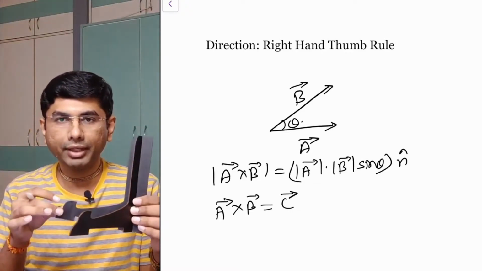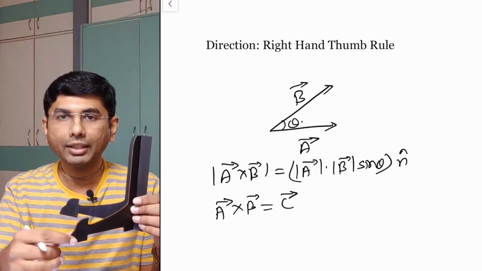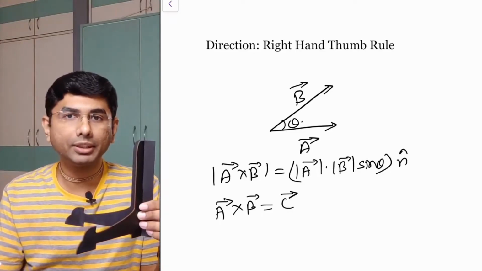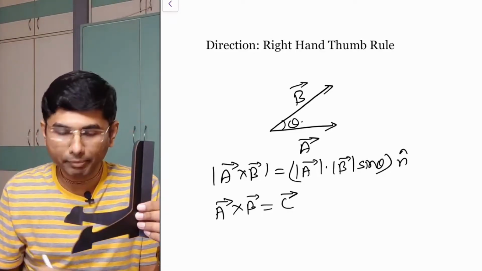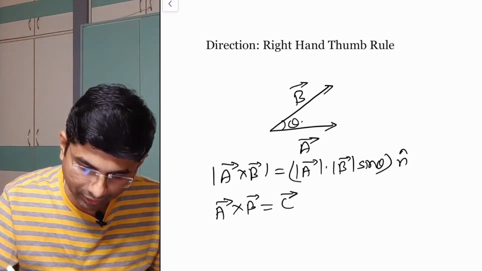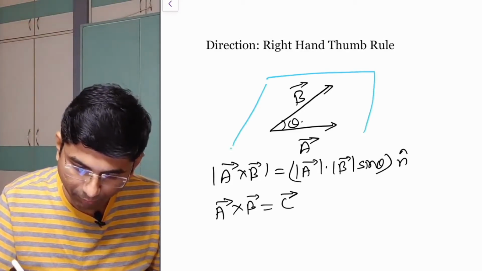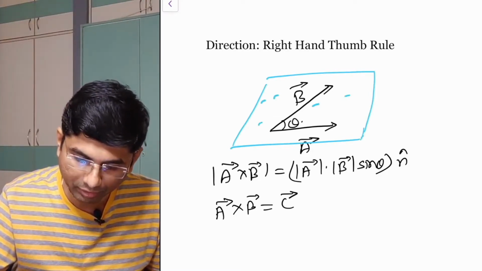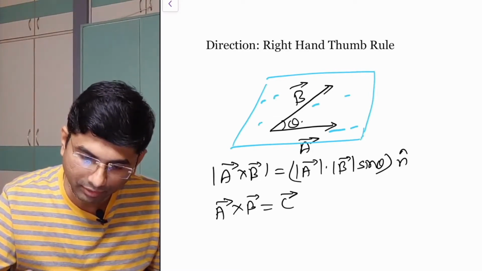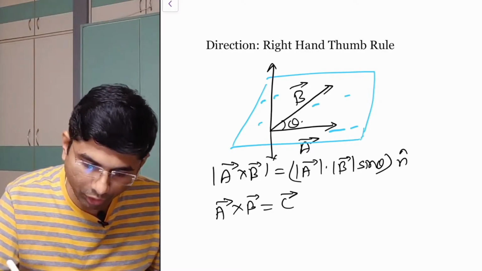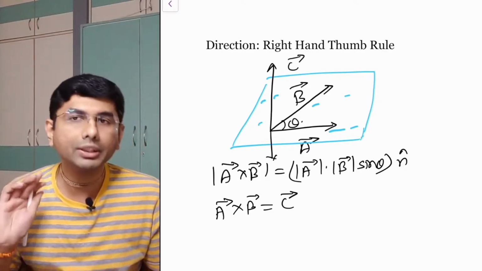This is the A vector, this is the B vector, and now this C vector will be perpendicular to both of these vectors. Now this is a three-dimensional thing, it can be upward, it can be downward. If you just consider a plane here, if this is one plane, A vector and B vector are lying in one plane, and then our C vector will be perpendicular to both, so it can be downward or upward. So either of these conditions is possible.